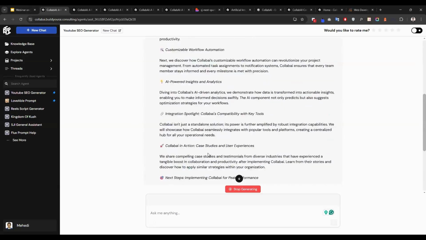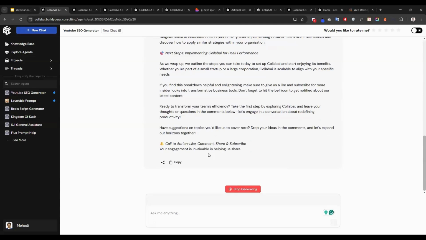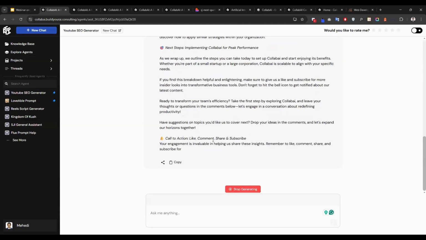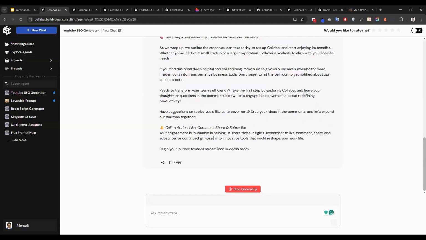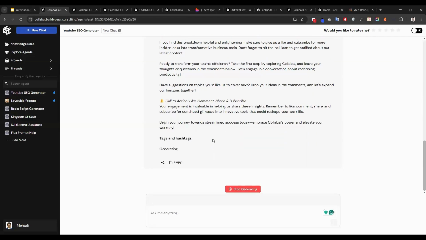It gives you a proper description, plan, call to action, next steps, and the performance you have to do. The agent will give you those, so the efficiency of your work can be increased up to 80%.